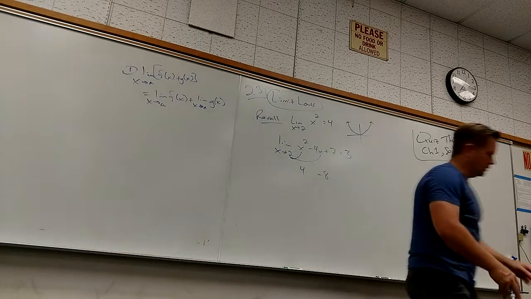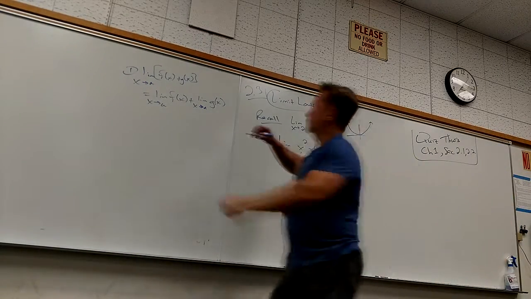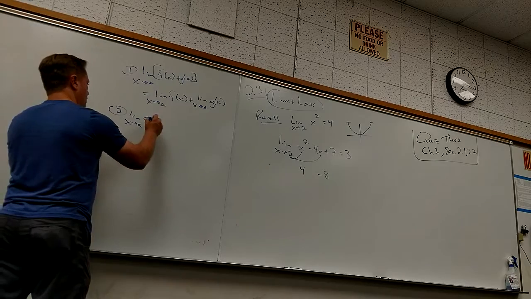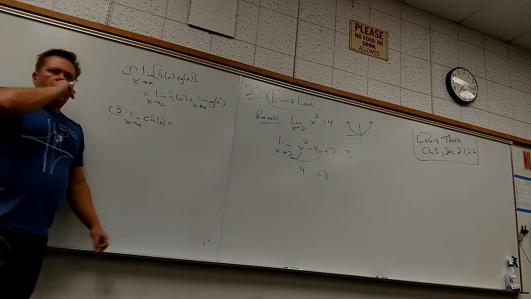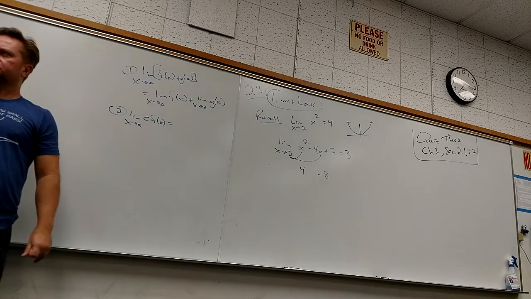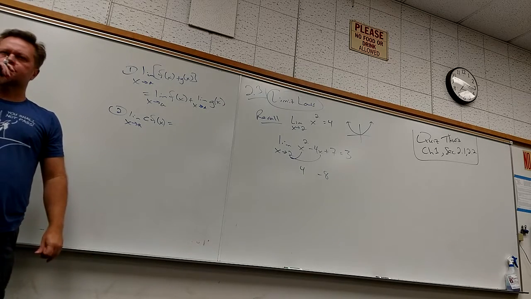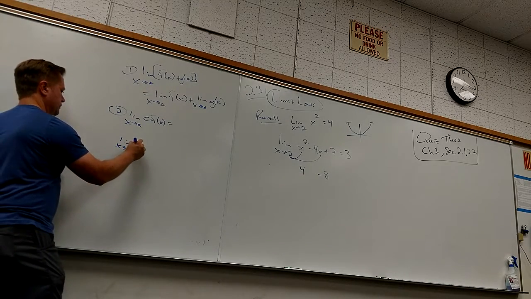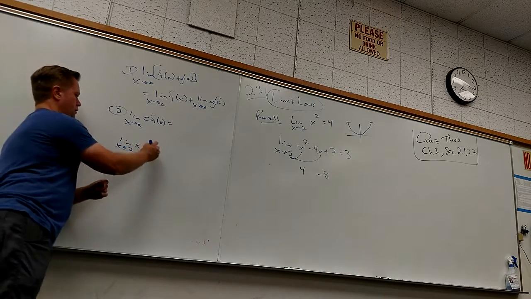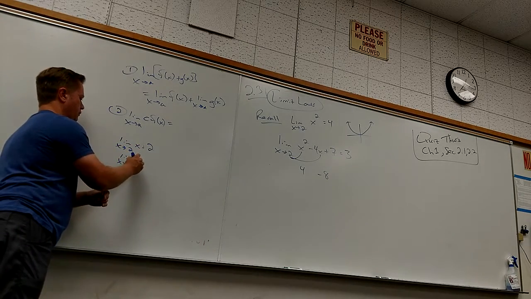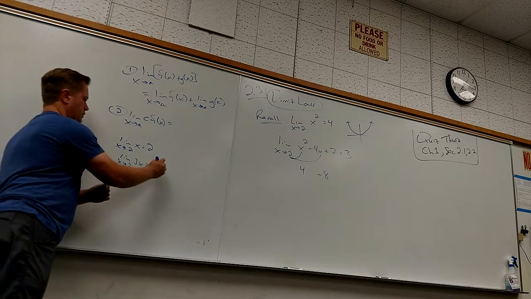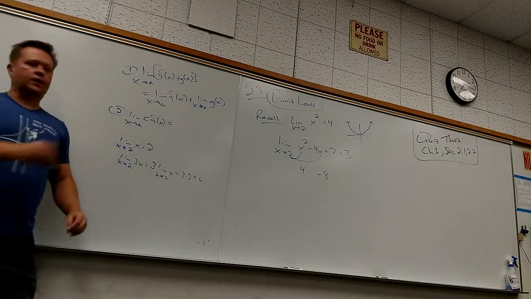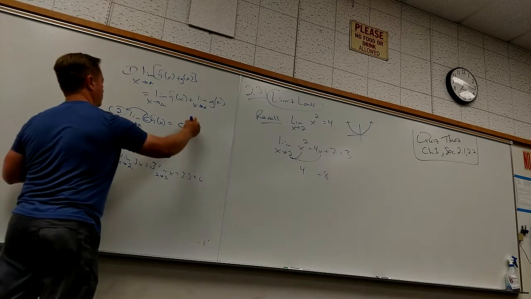And remarkably enough, what about this? What do you guys think about this here? What's the limit as x goes to a of a constant times a function? What can I do with that constant? Constant terms. A little bit weird. But like, what's the limit as x goes to 2 of x? 2. What's the limit as x goes to 2 of 3x? It's 3 times the limit as x goes to 2 of x. It's 3 times 2. It's 6. So I can take that out if I wanted.